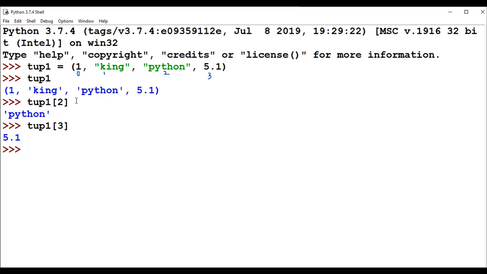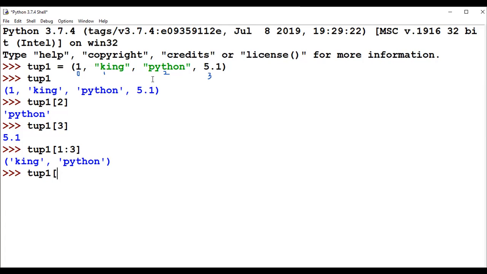And you can also go with range-based access. For example, if I say tuple1 of 1 colon 3, right? The access is exactly the same as with your list elements. So if I say tuple1 of 1 colon 3, I get all the elements starting from index 1 and up to index n minus 1, that is 3 minus 1, 2. From 1 to 2, I'll get everything. So my result will be king, Python. So yes, the result is king, Python. The same syntax and semantics as with lists. The same thing will work here.